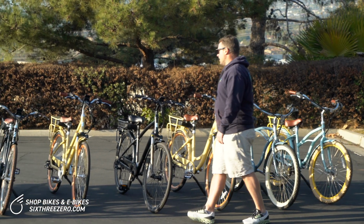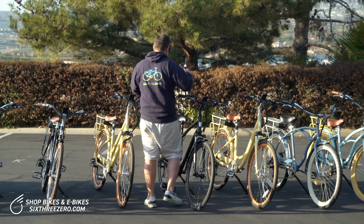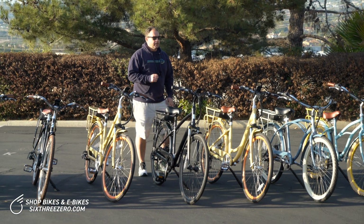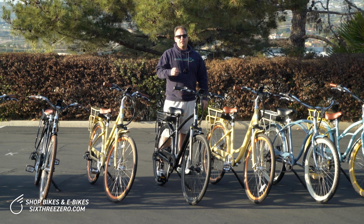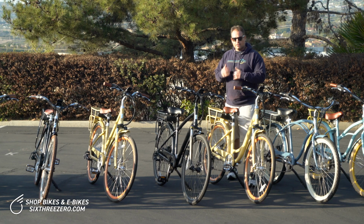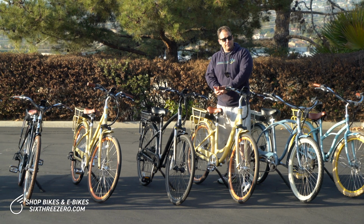Now, moving on, we have our Body Ease. The Body Ease is the best electric bike for 2022 when you're talking about body comfort mixed with exercise. So if you're looking for an e-bike where you could get a little exercise, go a little bit faster,